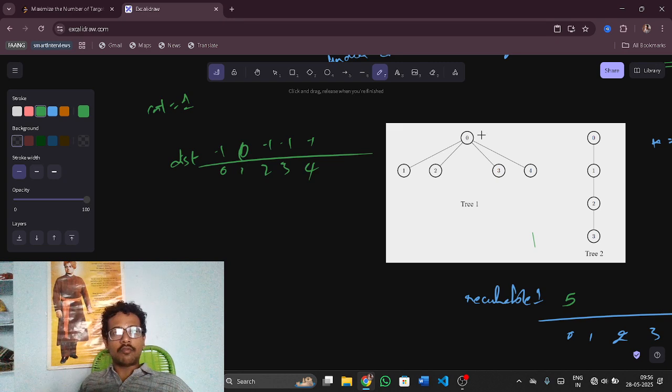And the neighbor of 1 is just 0, and 0 will be having a distance of 1, and 0 will be popped back, and just 1. So the count will be just 2. So there are only 2 nodes in the range of